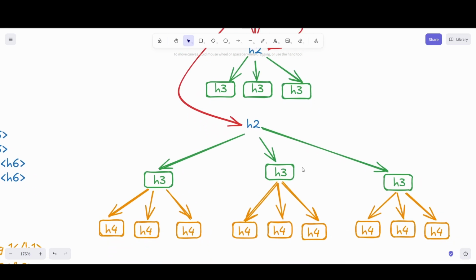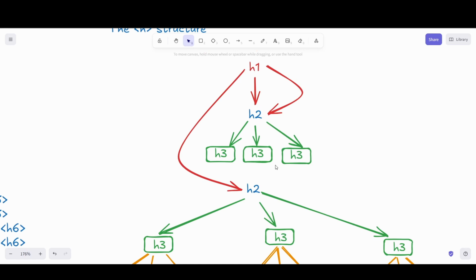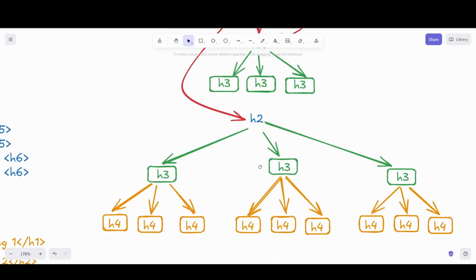And in any H3 tag, there can be multiple H4 tags. So there is no need to be surprised if there are structures with multiple H3 tags under the H2 and multiple H4 tags under the H3 tags,